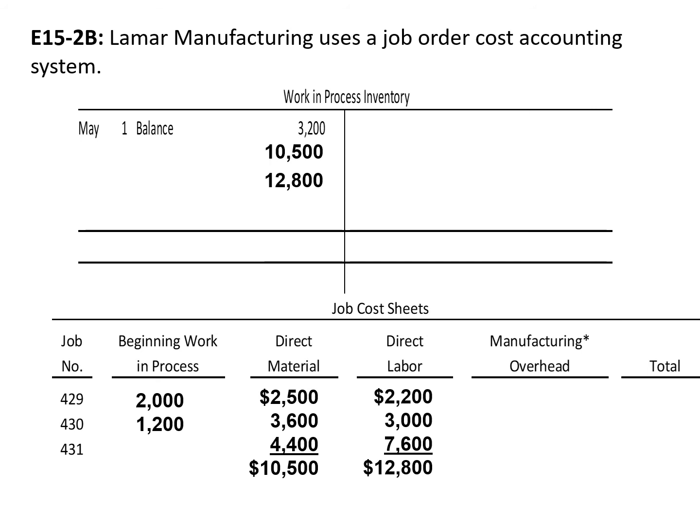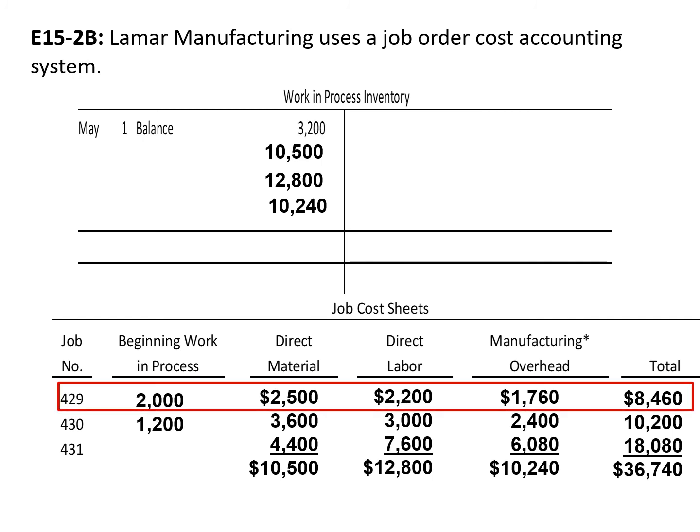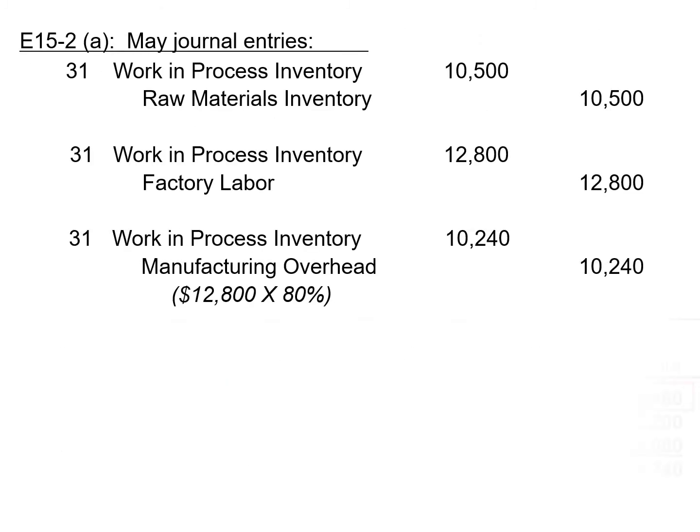That last piece is we need to assign our manufacturing overhead. And again, we already calculated that. We said it was 80% of our direct labor cost, or $10,240. What we want to do now is total each of the jobs. We also know that we completed job 429. Job 429 had a total cost of